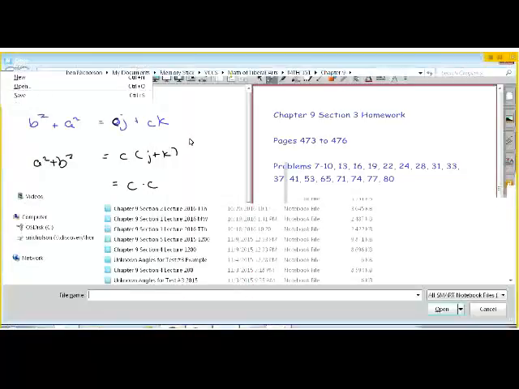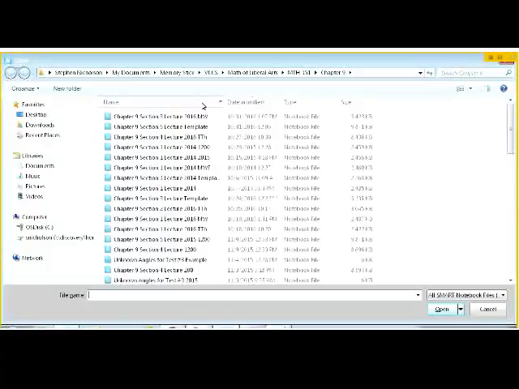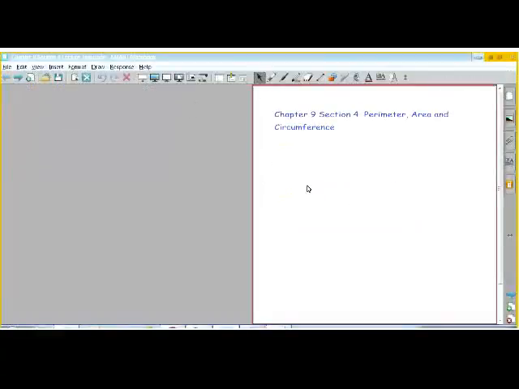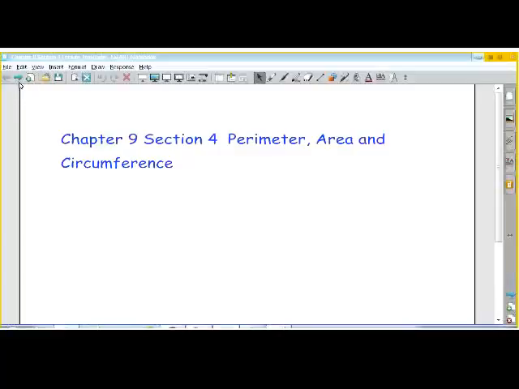Okay, so I'm going to open up the next section. The next two sections are things that you should know well. We're just going to apply them to particular word problems. I'm not going to give you time to write a lot of this stuff down. You can look up the definitions in your book. I'm not going to ask you to do the definitions. You may have to identify what the perimeter is, what the area is, but as far as memorizing definitions,